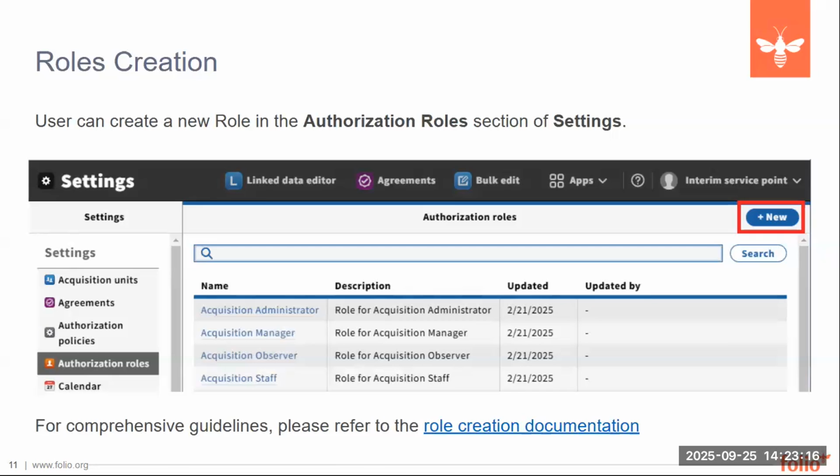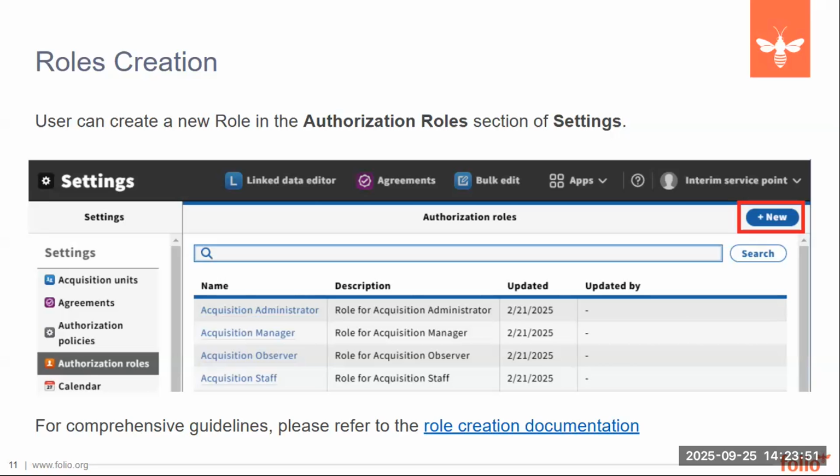Okay, so now time for some live action stuff. And before we touch real cases, I will briefly present what we can do right now with roles in the Folio system and how you can get this stuff. So the first one is role creation, the basic one. A user with appropriate capabilities can see a